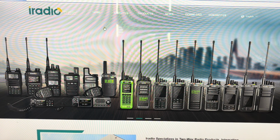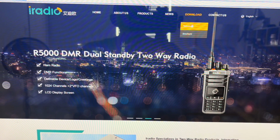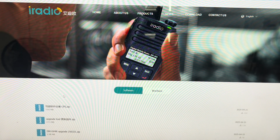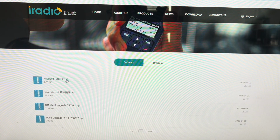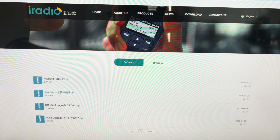Once you do that, you come over here, go to download software, and you come here to the Chinese CPS.zip. Now, this is the upgrade tool. That's for the firmware. This is for a different radio, and this is for a different radio. This in Chinese with the CPS.zip is for the UV-98. You click it,